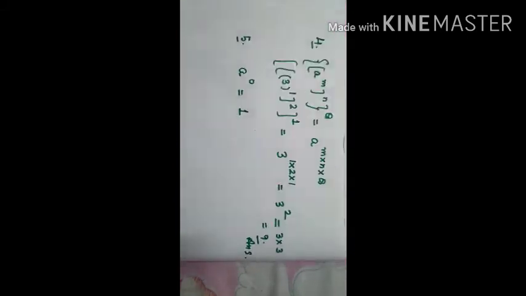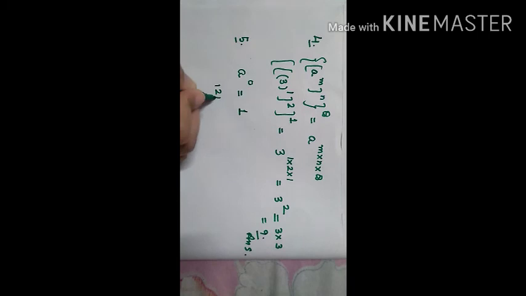Our fifth and last rule is very important and very easy. If there is one single base and its power is 0, then its value is always be 1. For example, 121 raised to the power 0, then its value is 1. These are 5 main rules of exponents, and these are very important to solve the exercise 2.1 and 2.2. Before starting the exercises, you have to understand and learn these 5 rules. Thank you.